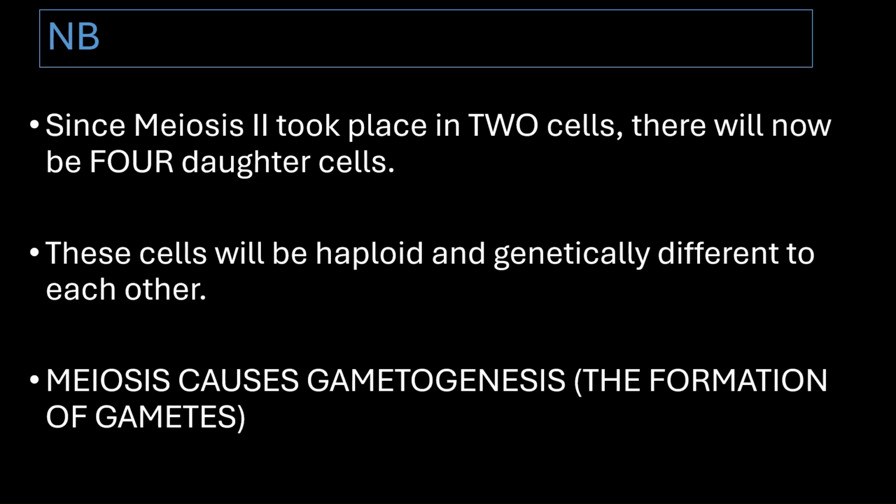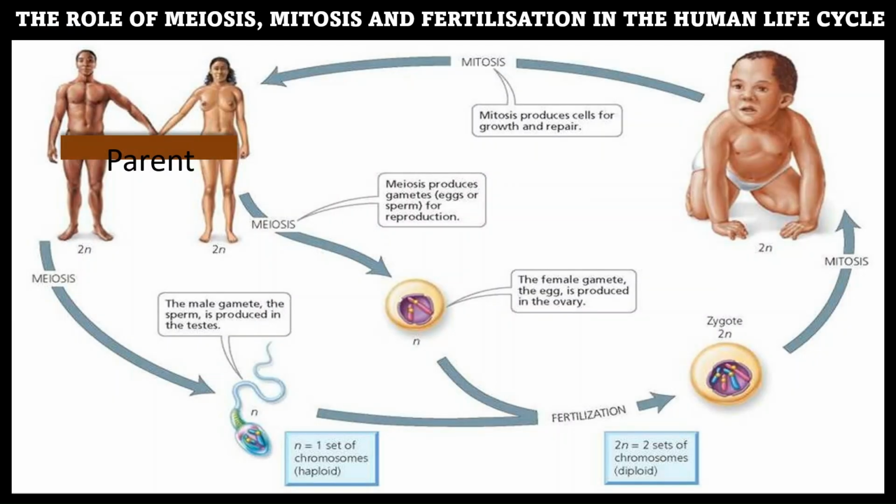So, in line with the question of why siblings don't look alike, we traced it to meiosis. You can actually tell that meiosis causes siblings not to look alike because meiosis introduces genetic variation during gametogenesis. So we have the role of meiosis, mitosis, and fertilization in the human life cycle. We have the two parents, both 2N, meaning they are diploid, and then they will undergo gametogenesis